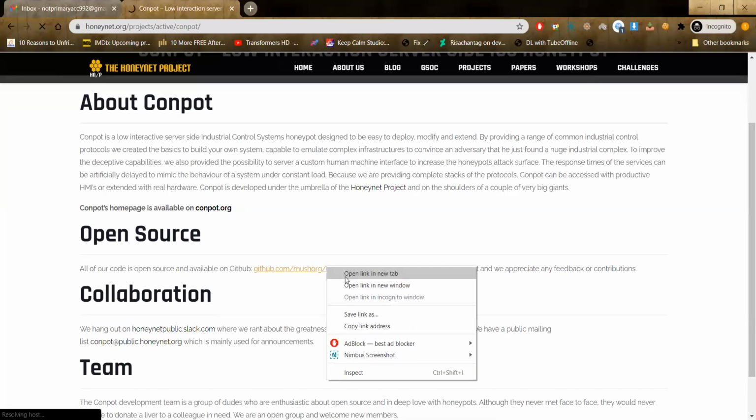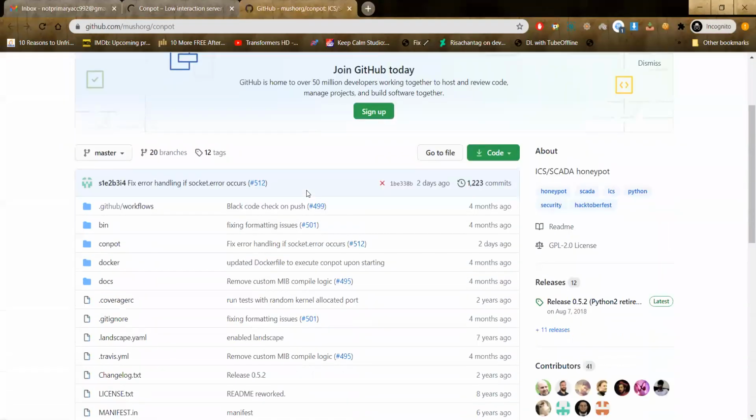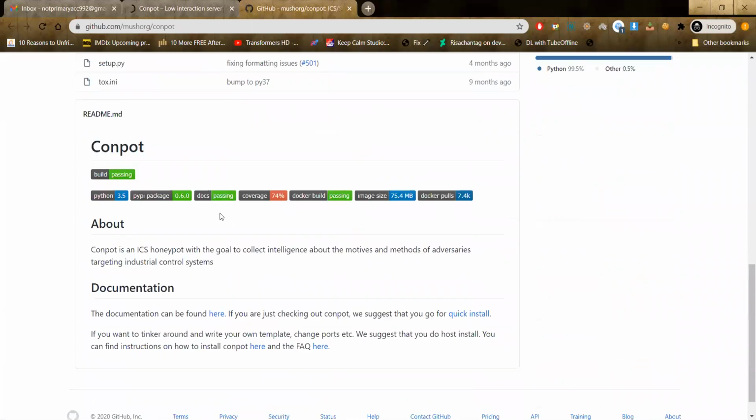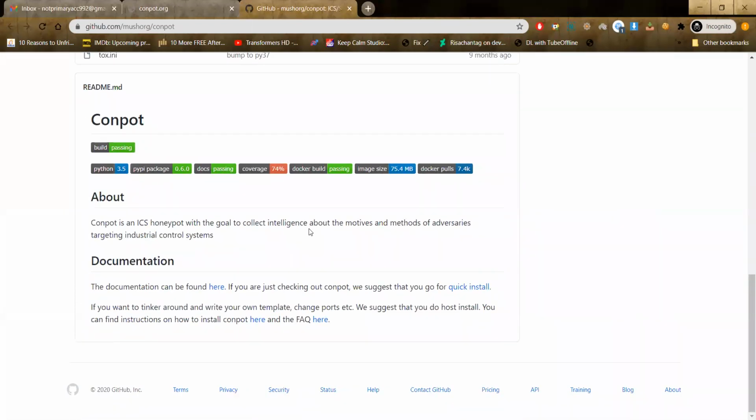You can check out the code at GitHub. ConPot is an ICS honeypot with a goal to collect intelligence about the motives and methods of adversaries targeting industrial control systems.